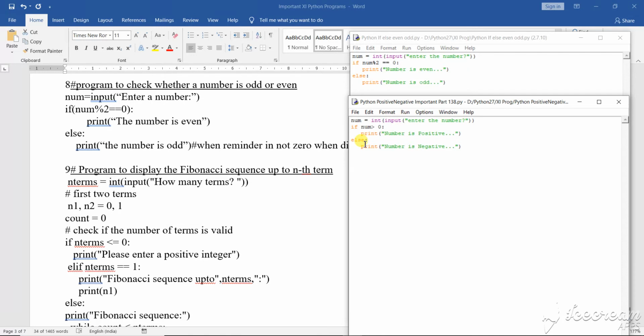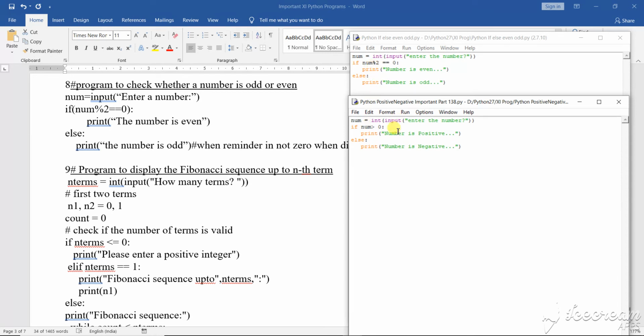Elif also you can use if you want to find out whether it's 0 or not. That also you can do. I have said these things again and again. So these are small programs, small implementations. From these programs I have derived another program. Here I have shown you, and here I have derived another program from this particular program. Just a little change I have done.